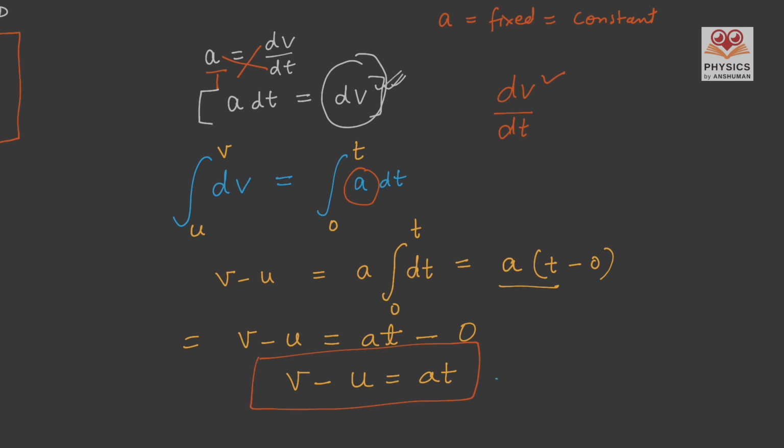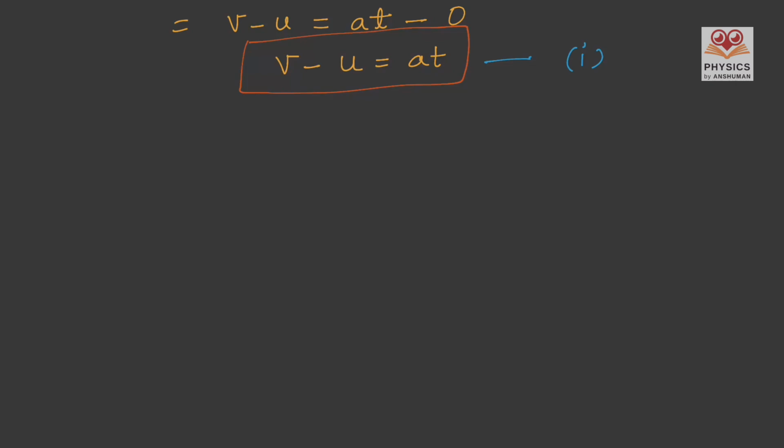Just write it as our first equation. Now further, if we try to get the second equation, that is all about the displacement or the distance, and for that we have to go by the definition that velocity is actually equal to dx by dt. This we have already done, and if we do the cross multiplication, we see that our dx is equal to v dt. And now again integrating it, we can integrate dx on the left hand side,